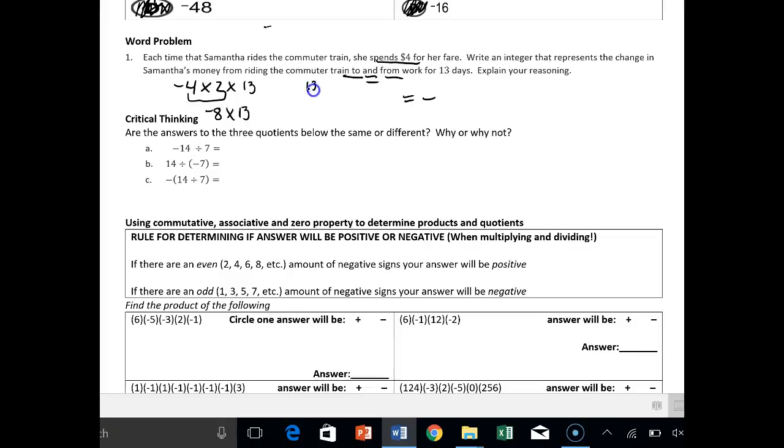And yeah, we might have to do 13 times 8 if we don't know our 8's past 12, and that's 24, carry your 2, that's 104. So for those 13 days, it's going to cost her $104, or we write that as -104,